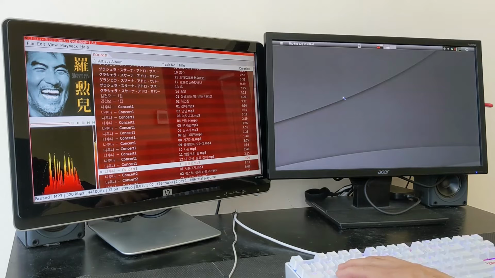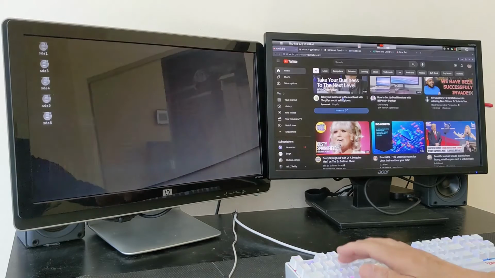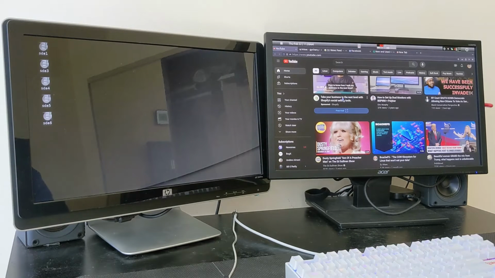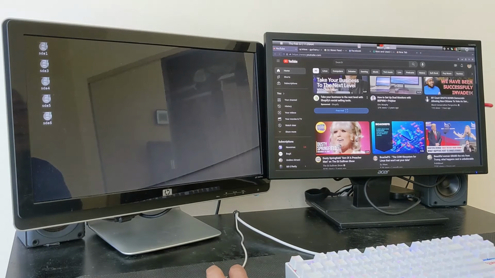I can just go back to Firefox with just a Super+W, and I'm back in Firefox. Now the scripts that go to different workspaces have to do with the wmctrl function that I have put in a script. So it also does not allow for another Firefox, for example, to start on